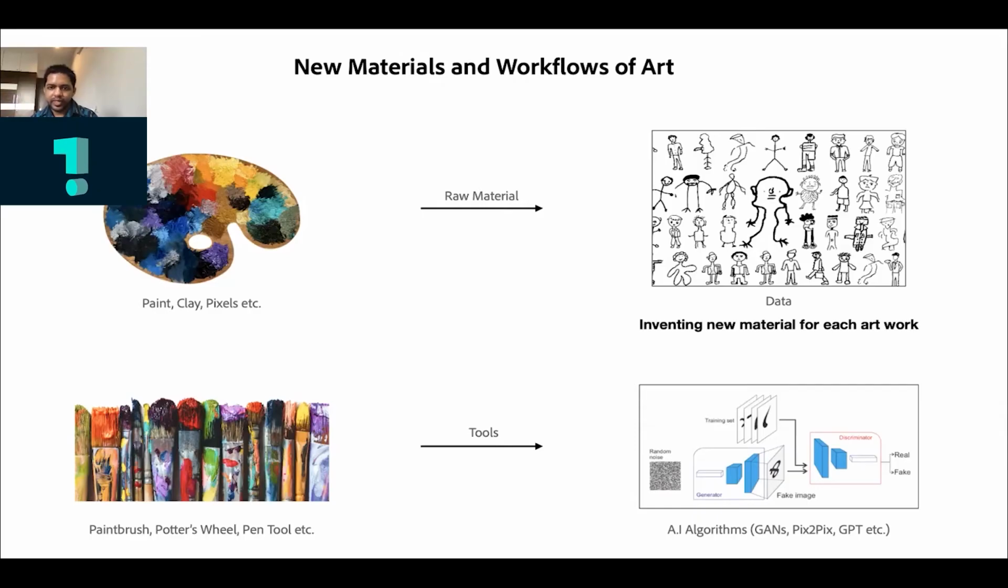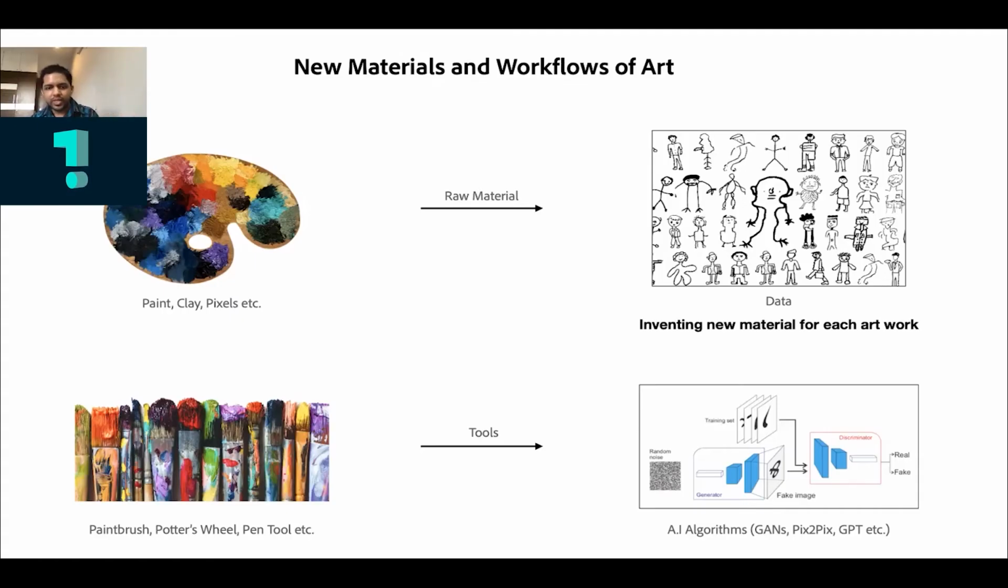And you manipulate data to create art, and you manipulate it through tools like your paintbrush, etc., earlier, and today you manipulate this raw material of data through AI algorithms. So this, I think, holds as an analogy between traditional and AI art. And interestingly, like